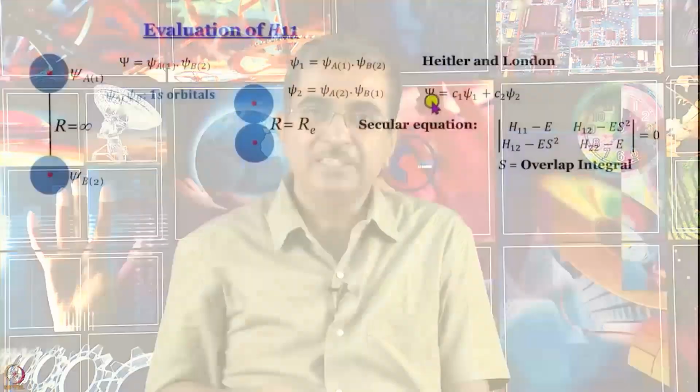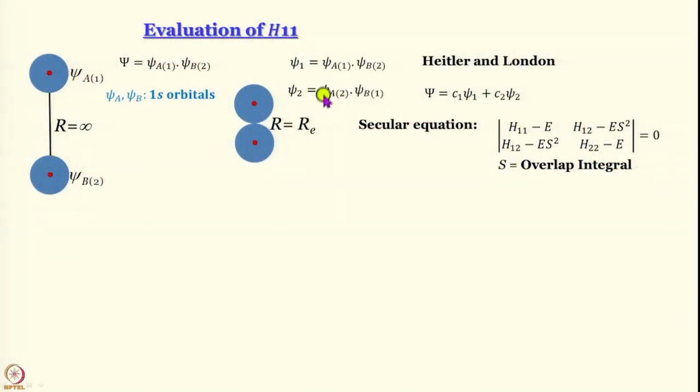We are talking about valence bond theory, the valence bond theoretical treatment of the dihydrogen molecule problem. We have written the Heitler-London wave function as a sum of two terms. One is psi 1, the first one, which is psi a1 dot psi b2,